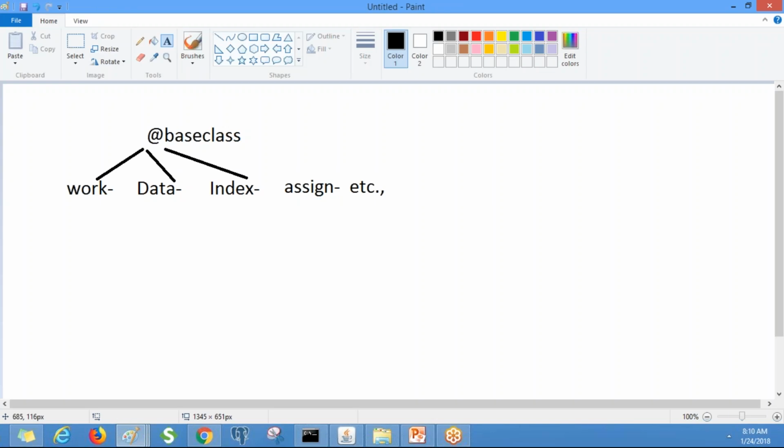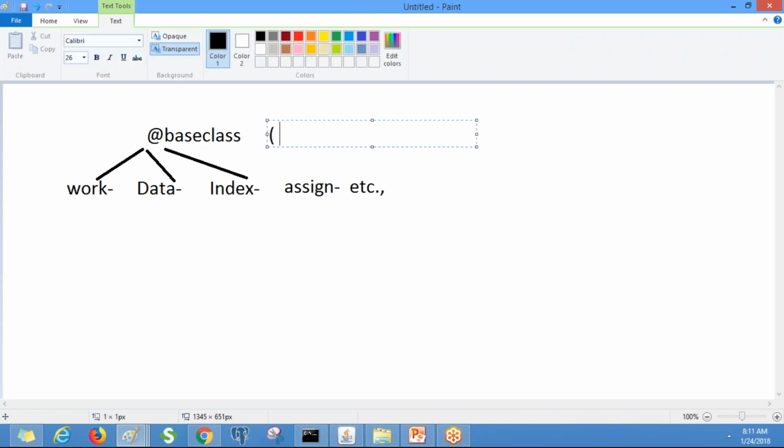These are the standard classes. Under these classes we have predefined functional implementation, so we need to use these classes as part of our application development. The @base class is the topmost class. If you take any class, it will be a parent class of that class. So this is also called the super class or ultimate class.